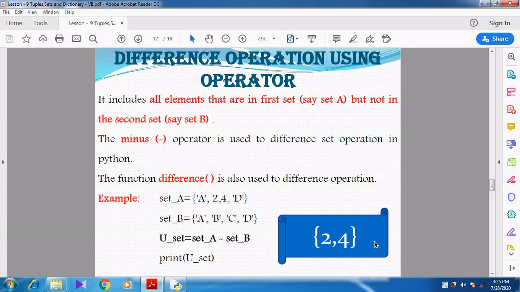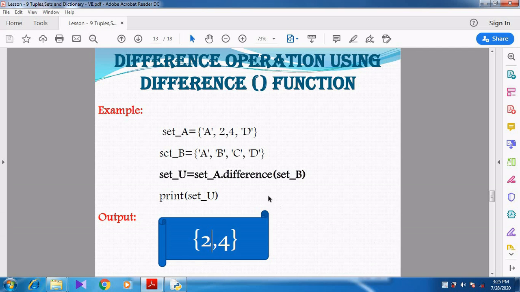The same operation is done through the function: set_U is equal to set_A dot difference of set_B. Instead of using the operator, I am going to use the function.